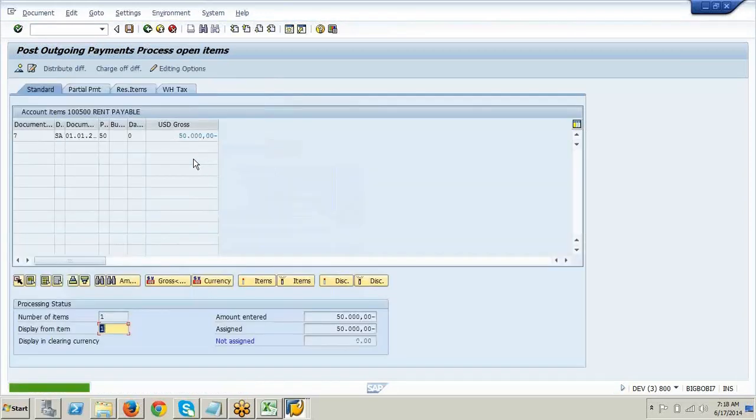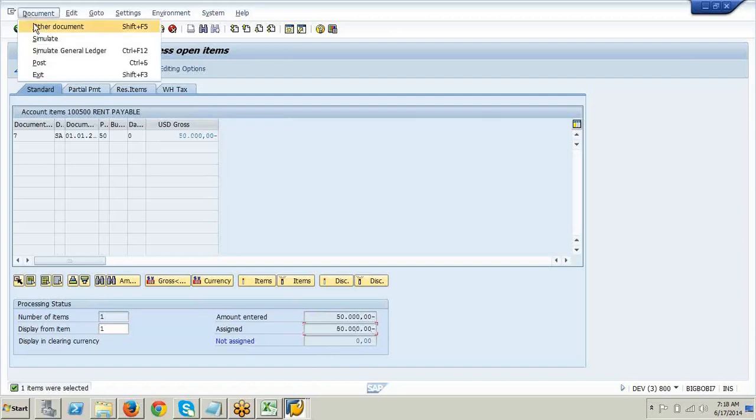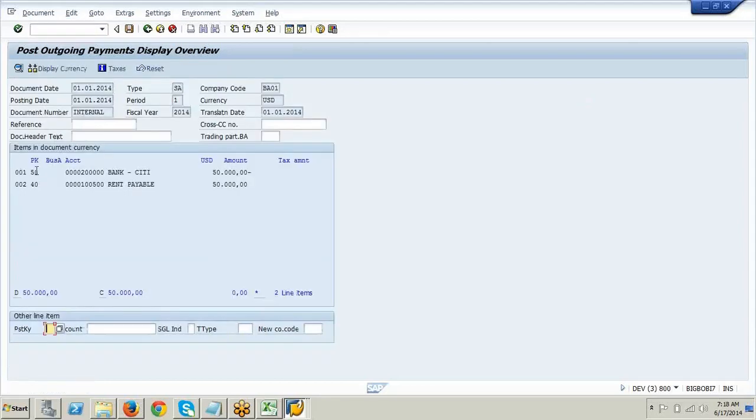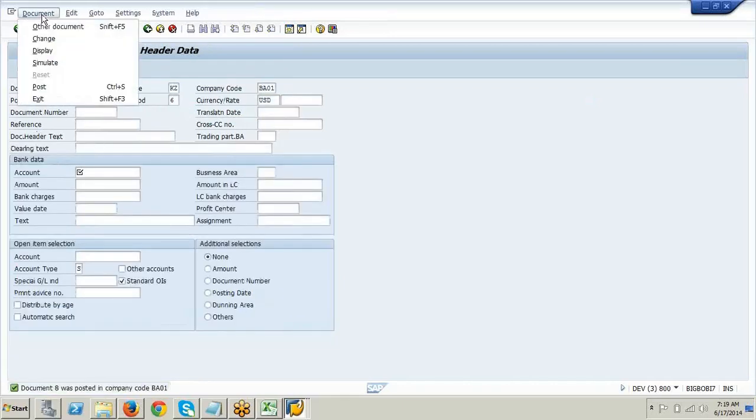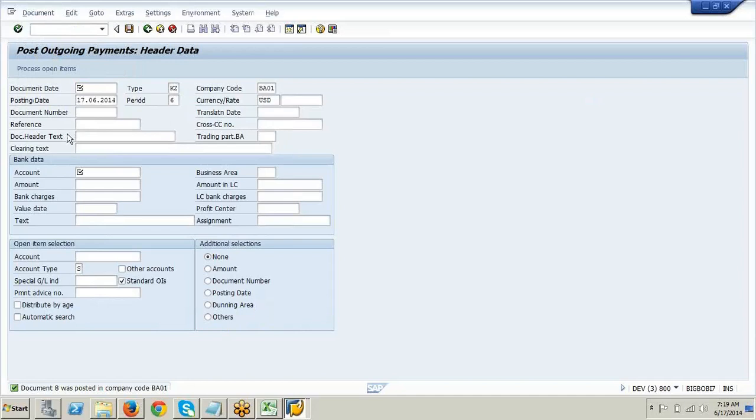So this amount entered, how much did we enter? 50,000, right? So assigned is also 50,000. So balance is zero. Document, simulate, save it. I'm saving it, see. If you want to check, go here, display.